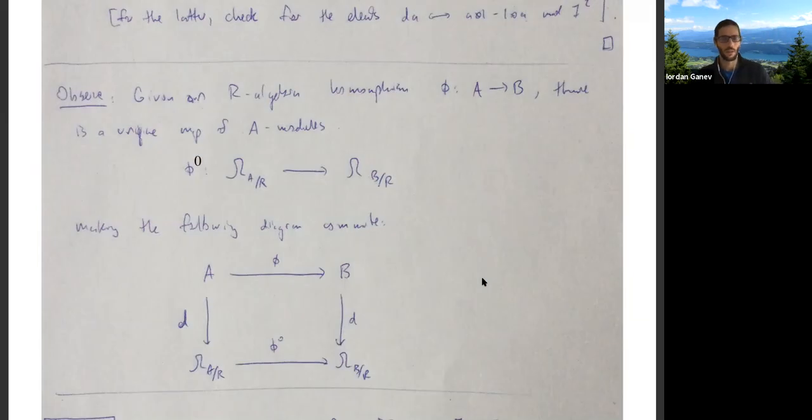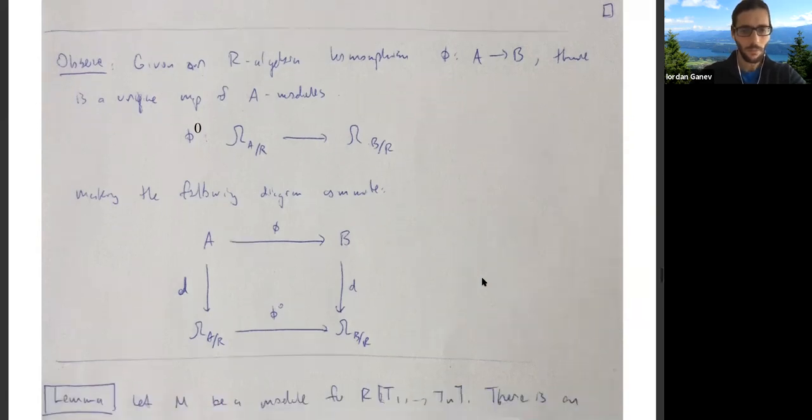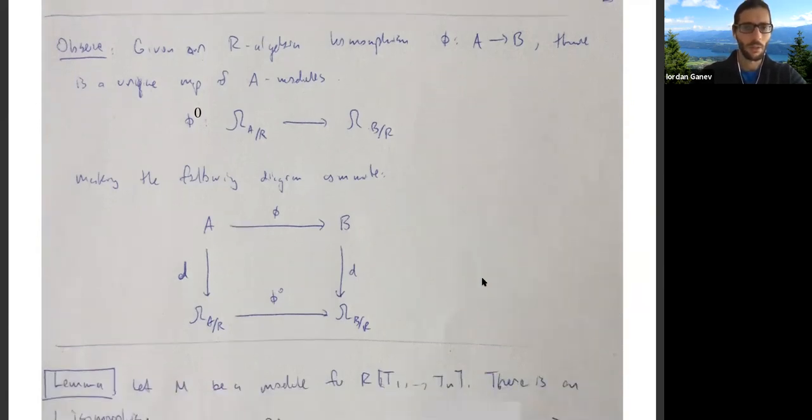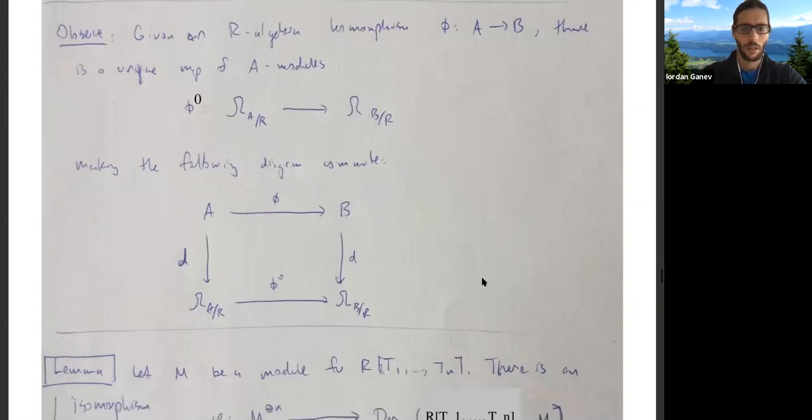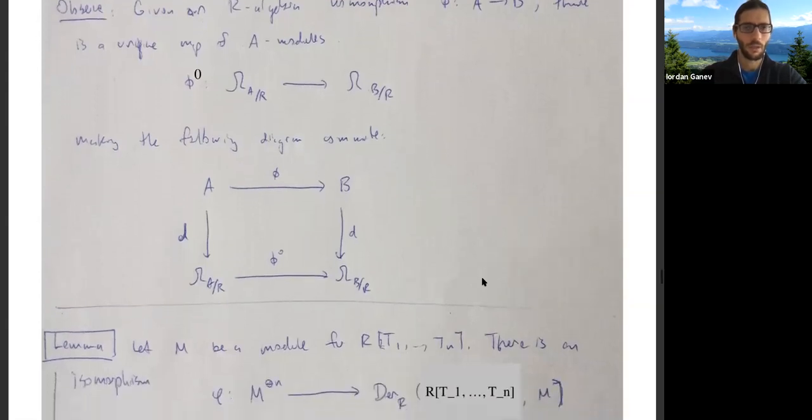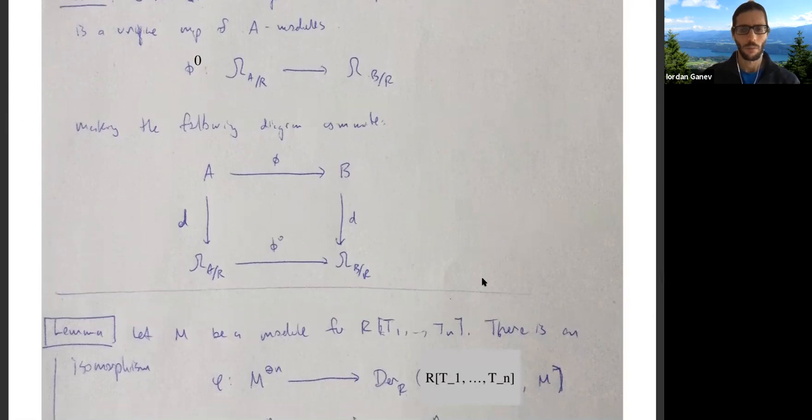So we get this map of A-modules. Okay, so this was all kind of abstract. We'll be concerned about these ideas in the context of affine algebras, so things that are finitely generated over a ring or a field. So the important thing to understand is how these things work in the context of polynomial